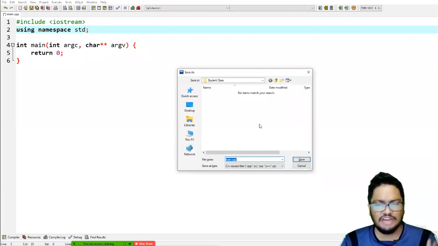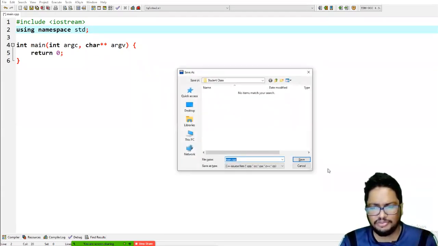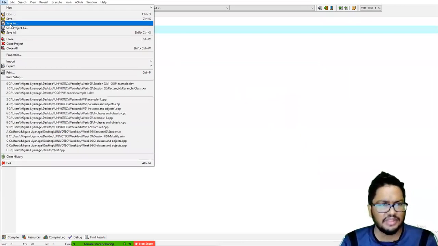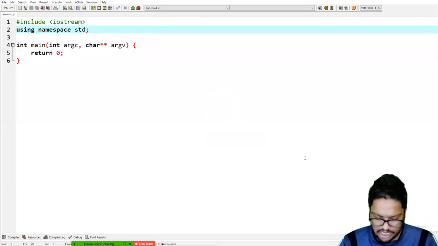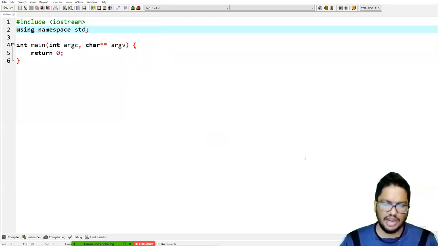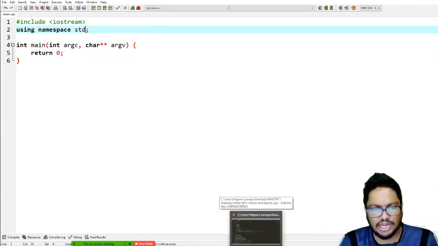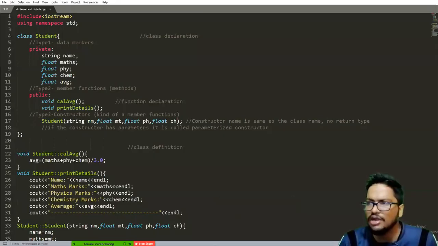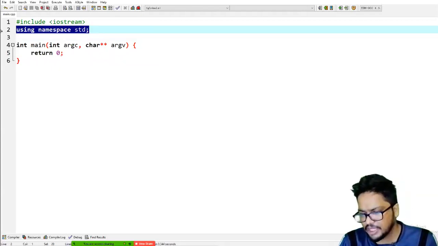So the main file will be created, and you can save it by pressing Ctrl S or go to File, Save. You can save it simply, right? So we have the main file. Now what you have to do, the main file is automatically created. No need to create it. What you have to do is only add the using namespace std. That's all.